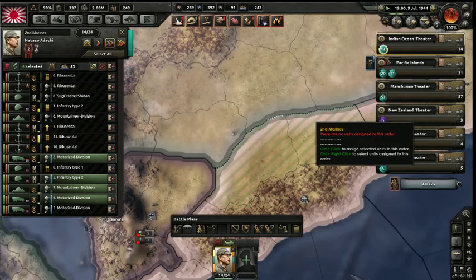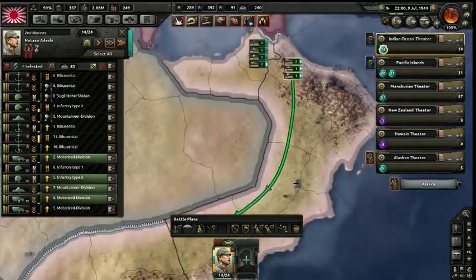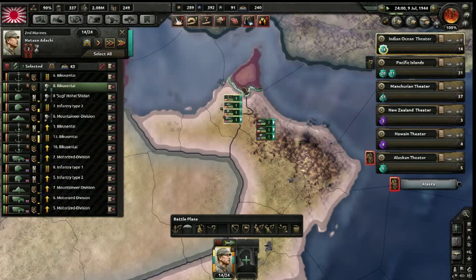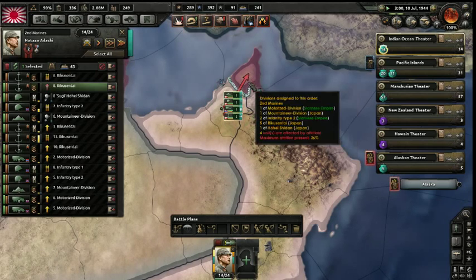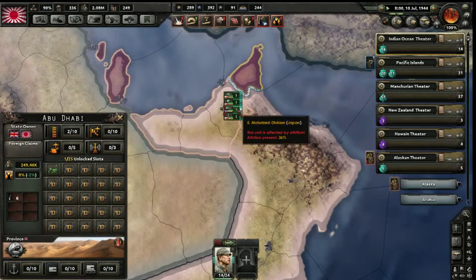Right there. Get those 4 divisions going over there. That Marine can move quickly into the rest of the peninsula. This peninsula has secured for the Japanese for the Axis here. Is this mountains? It's hills. Alright, as for the rest of you guys,